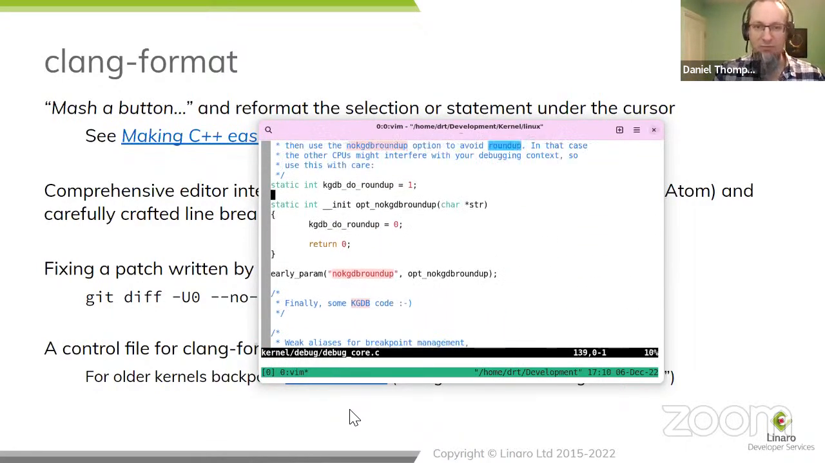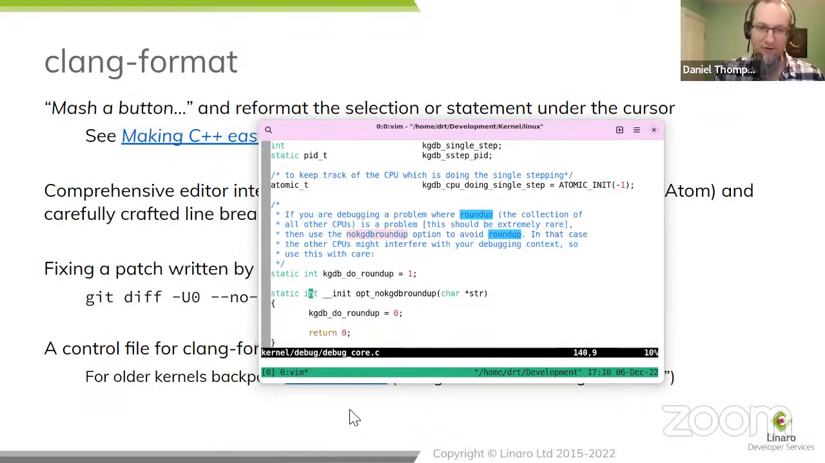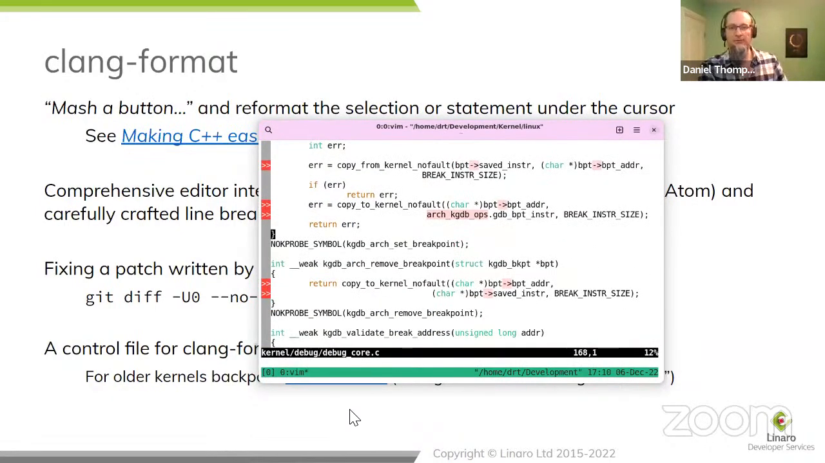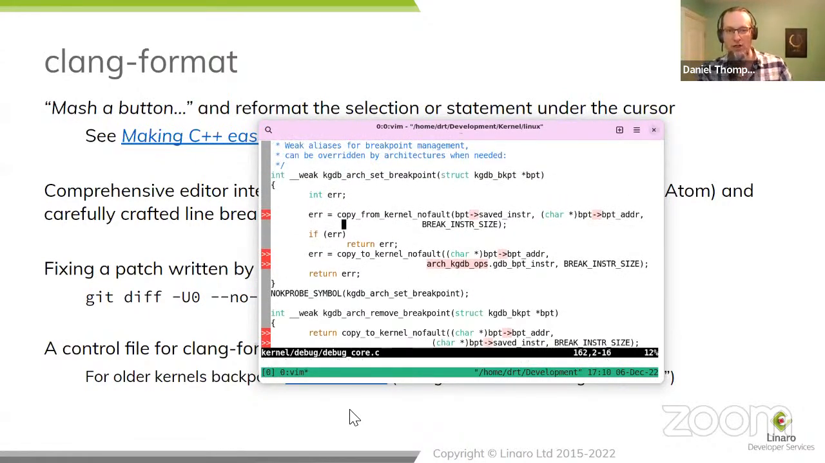Ignore the red bars in the margin. That's because I haven't set up the compilation database to help me here. So we have a couple of lines on the screen at the moment. Copy to kernel, no fault. And there's this rather peculiar indentation that is neither two tabs, which you might expect, nor is it lined up with the braces. So it's not wrong, but if I had written that, I would consider that poorly